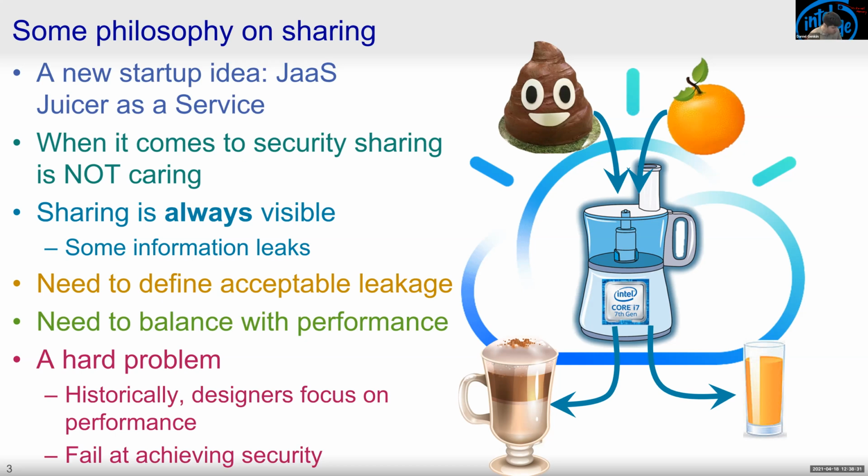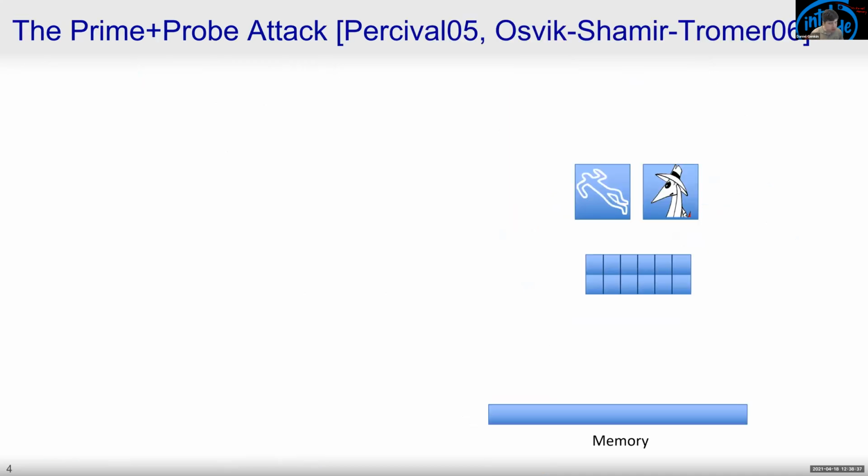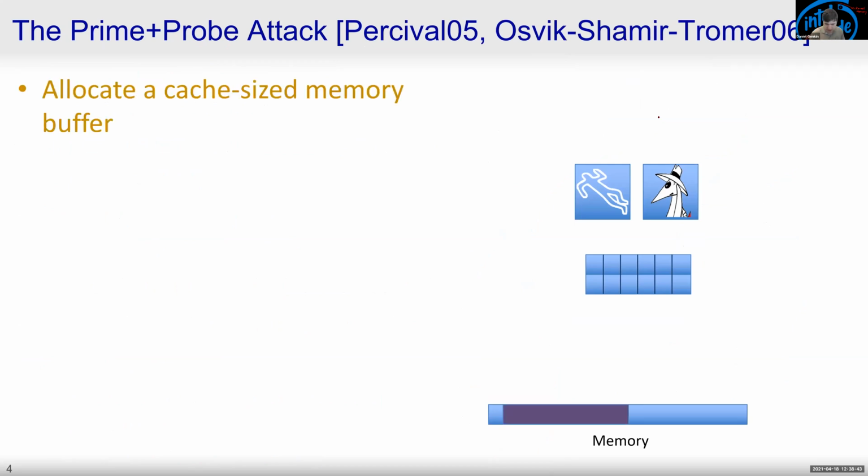So let me show you the first example of what a hardware side channel is. This is what's known as a prime and probe. We have a very fast execution core right here. Sorry, the touch screen is not being cooperative. Give me a minute. Okay, we have a fast execution core,